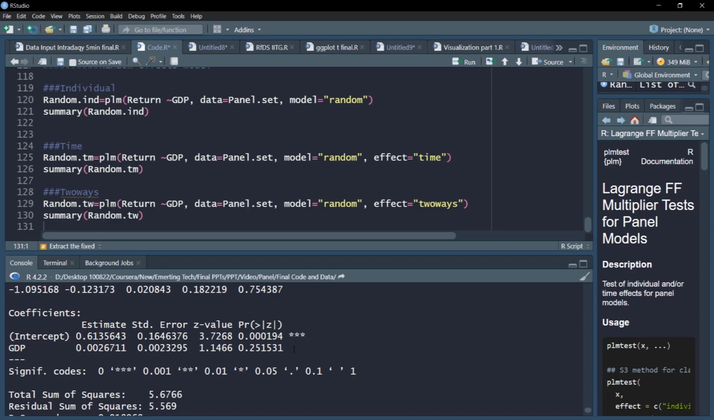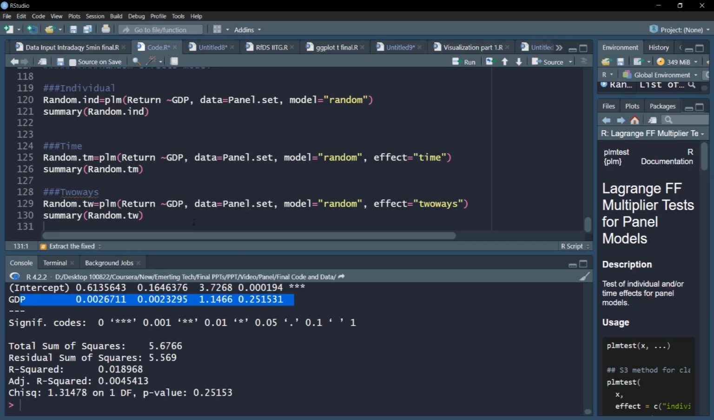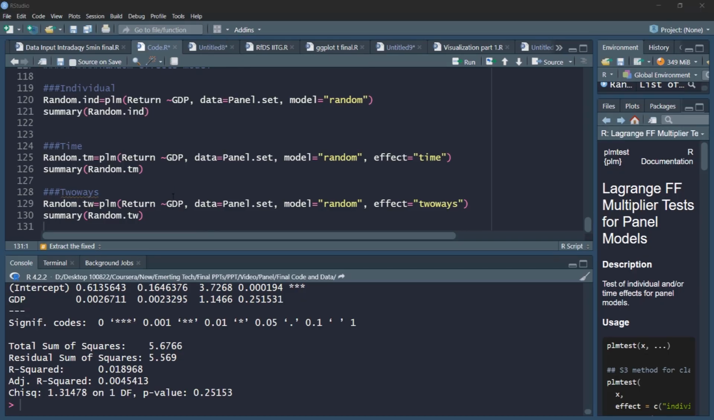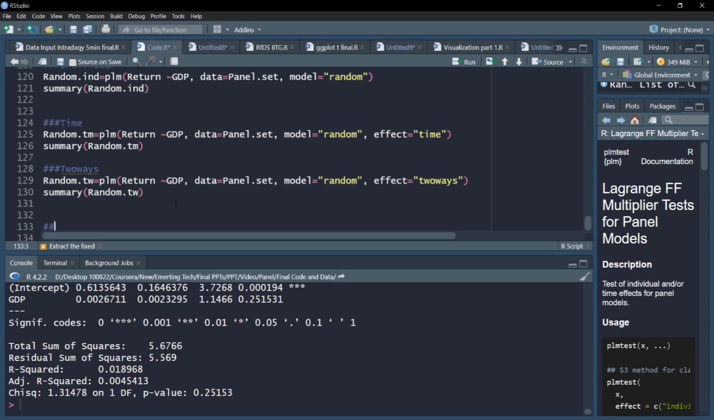Again here, because the time effects are vitiating, our model has slightly lost its power. So as a model summary, we'll stick to our individual effect. Now, if you recall, whether to use random or fixed, we relied on our Hausman test,